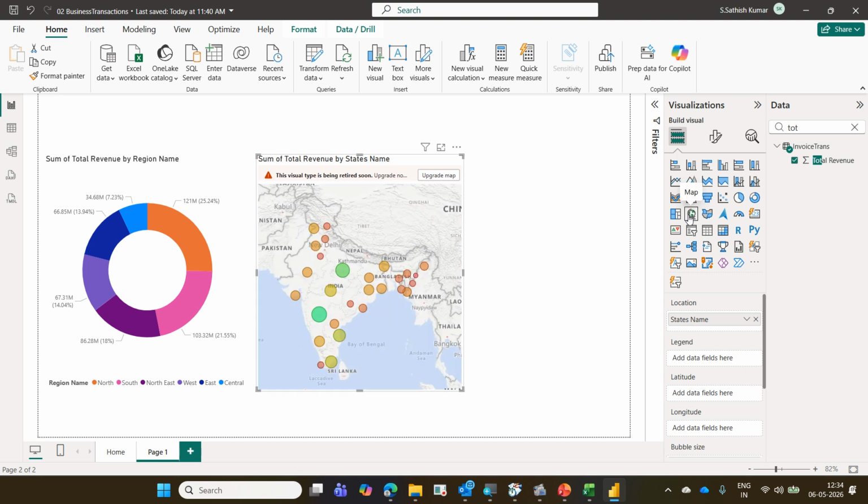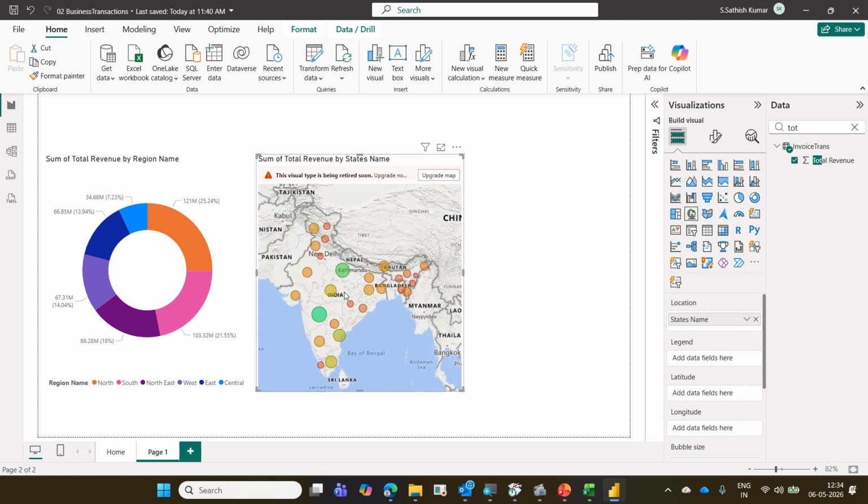It shows bubbles. Wherever the value is more, you will get a green, bigger bubble. Wherever the value is lesser, you can see small round bubbles. So either you can go for filled map or you can go for bubble map.